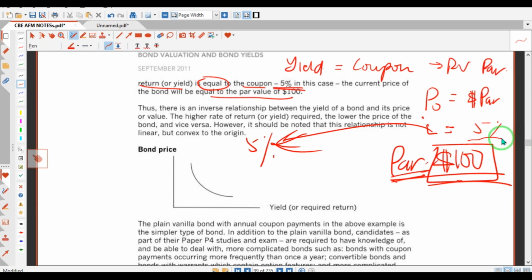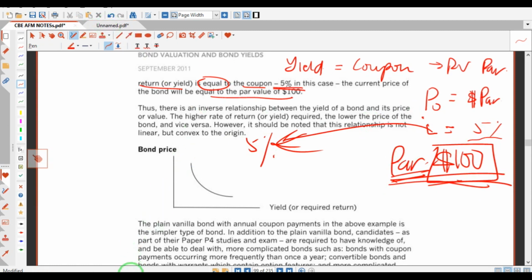How much? That's one question I can recall. What should the coupon be if I want to issue this at par of $100? Okay, so that is it. That's it here. $100, $100. So basically,